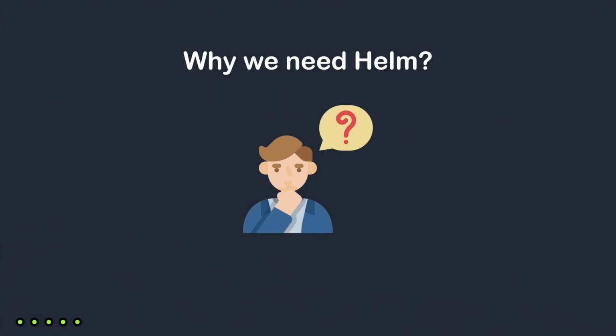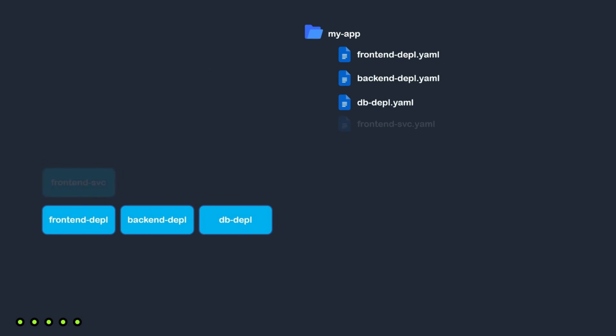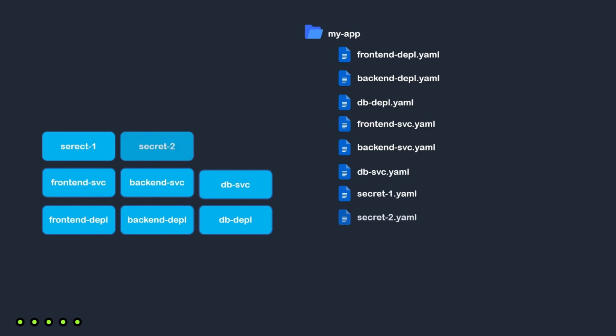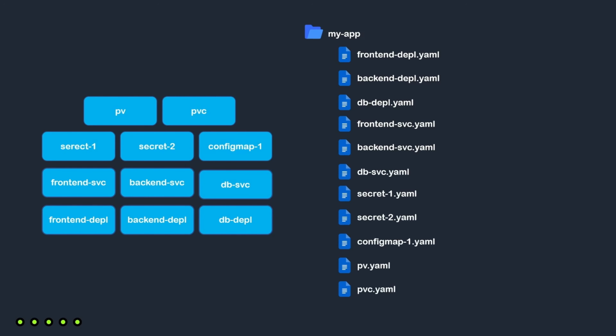So we will focus now on the problems that we had before Helm and how does Helm solve these problems. So we know that an application in Kubernetes might have different objects such as deployments, services, persistent volume claims, persistent volumes, secrets, config maps, and more. Each object needs its own YAML file for its configuration. We can put the configuration for all the Kubernetes objects in a single YAML file, but this is not ideal